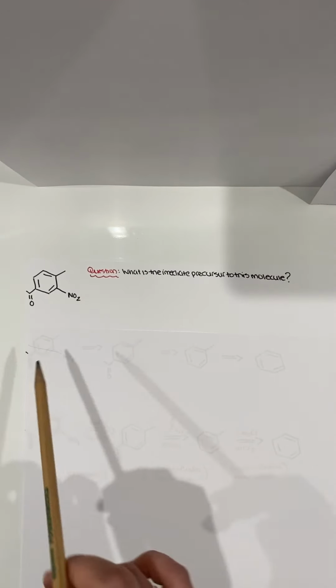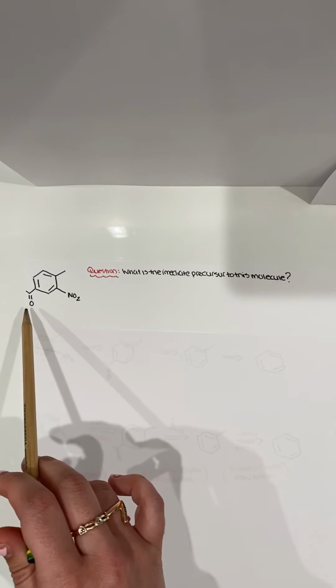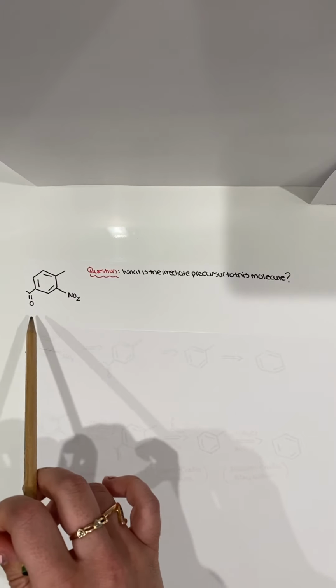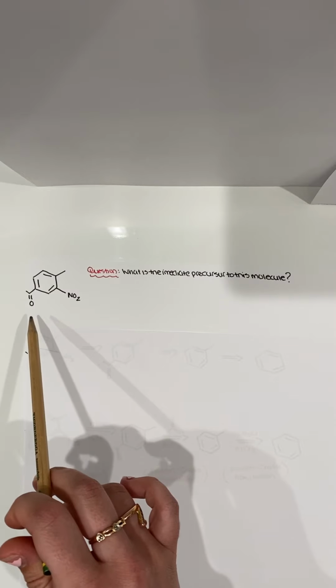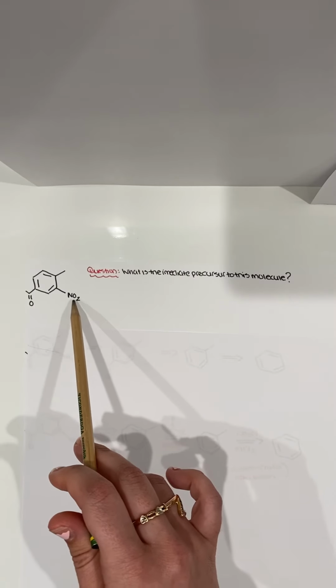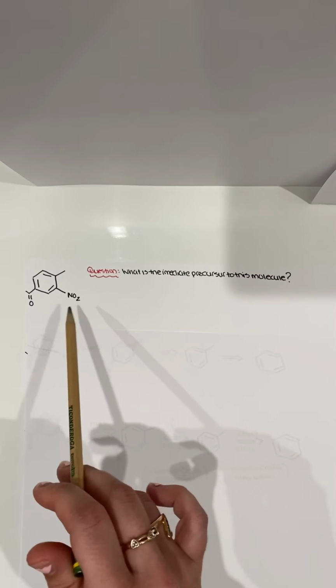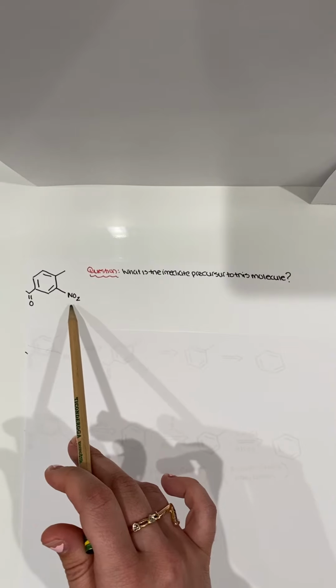Now that we know that, we have to think of what the Friedel-Crafts acylation can do. And in terms of that, it will not add on to the benzene ring if there is an electron withdrawing group present. So we know that the precursor to this has to include the acyl group and not the nitro